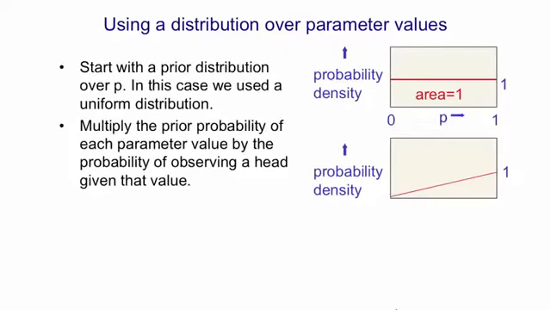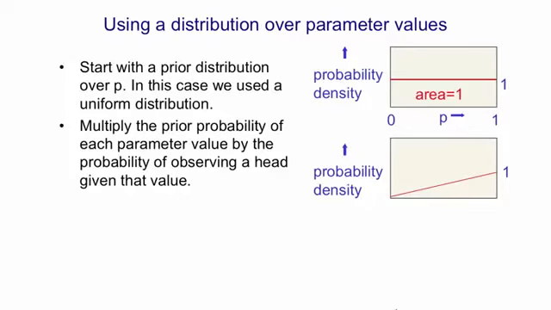We now observe a coin coming down heads. So what we do now is for each possible value of p, we take its prior probability, and we multiply by the probability that we would have observed a head given that that value of p is the correct one. So for example, if we take the value of p equal to 1, which says coins come down heads every time, then the probability of observing a head would be 1. There would be no alternative. And if we take the value of p to be 0, the probability of observing a head would be 0. And if we take it to be 0.5, the probability of observing a head would be 0.5.